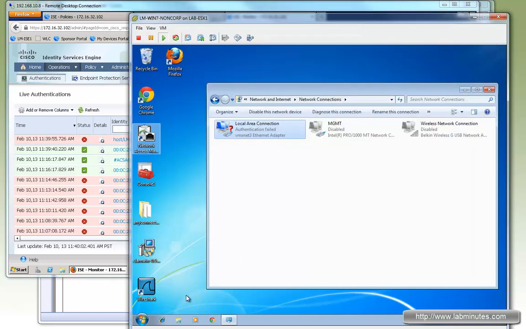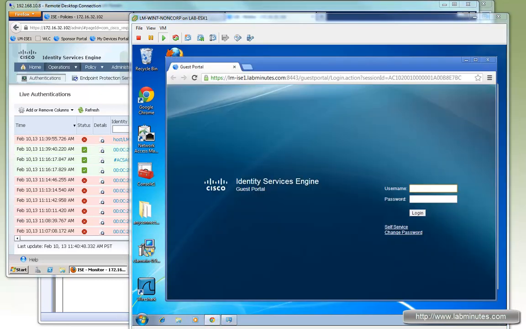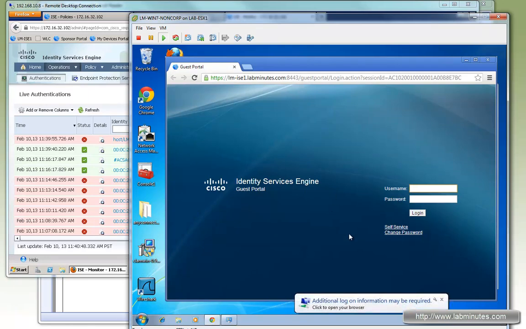authorization rule and profile. So if you go and open a web browser, you can see that we are redirected to the guest portal login page. So the first thing we need to do before we can log in is to create a guest account, since we enable the self-service. So let's click on self-service,